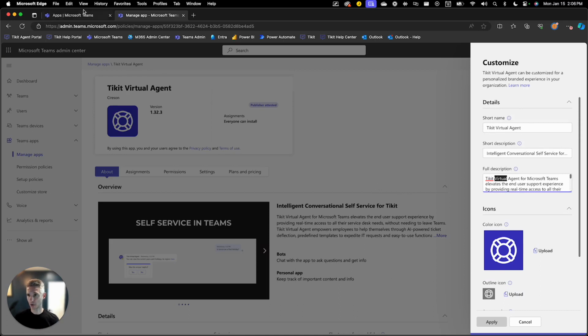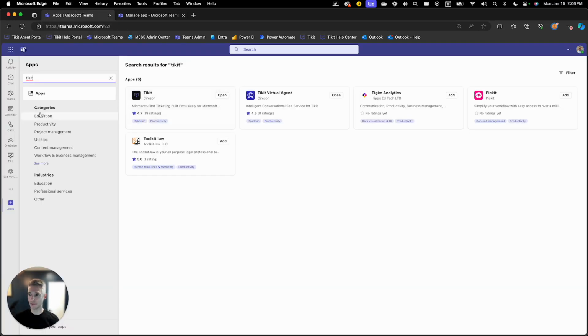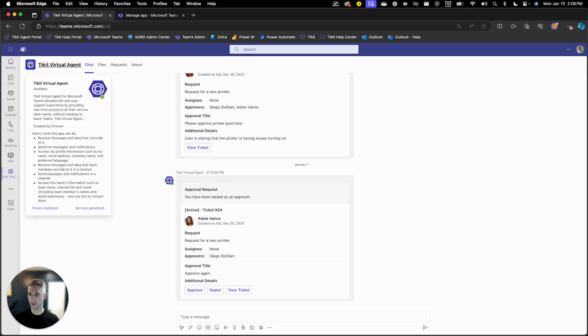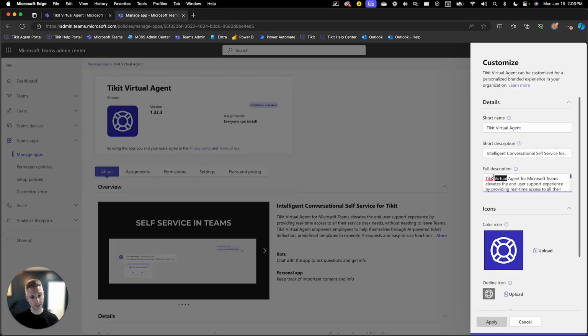I will actually go back over to Teams so you can now see a little bit of a one-to-one. So if I go over to Tikit Virtual Agent and I hover my mouse over there, you'll see the icon, the name, the full description, things like that. Those are things that you can customize here. Now I'm going to leave mine as is. I like to keep my things out of the box, but if you were to rename Tikit Virtual Agent,